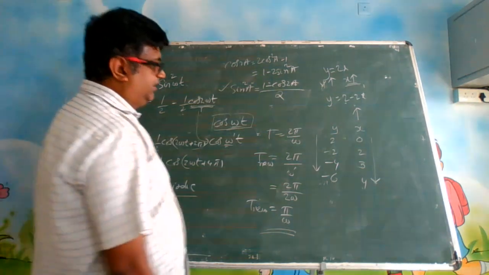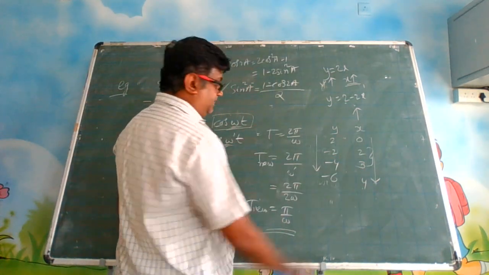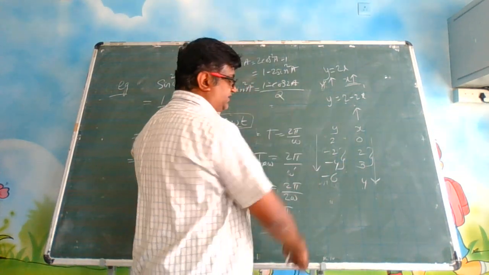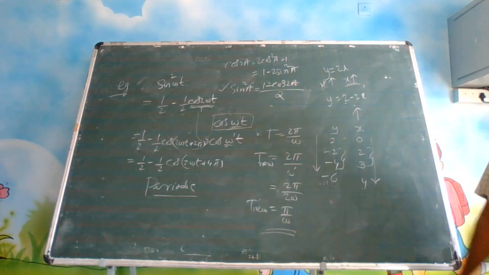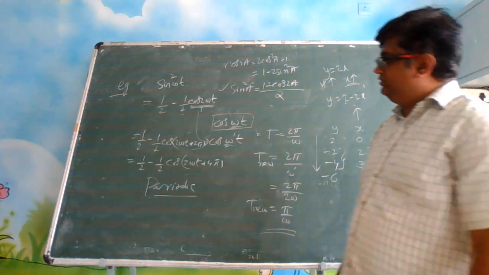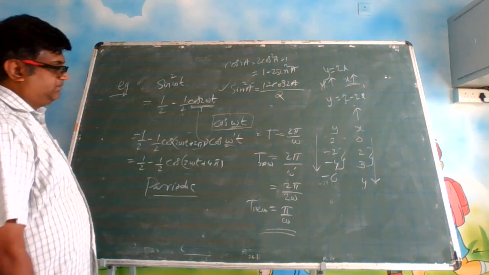Okay? Here you see, 2 multiplied by 1.5, you are getting 3. But here, it is 2 into 2. It is increasing, but it is not increasing in a particular fashion. It is not directly increasing. There are some different factors coming up. So this function, even though it is periodic, it is not a simple harmonic motion.